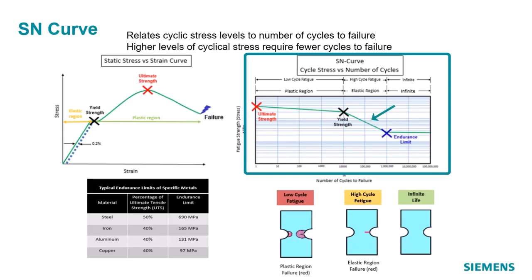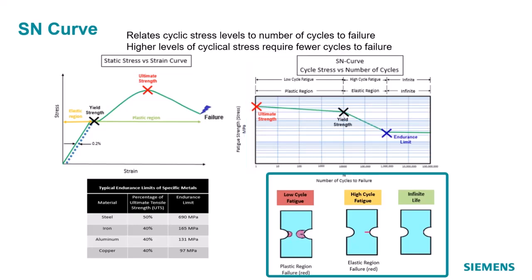And then there is a region called the elastic region. In this region, there is a slope for this line, and that area is commonly called the high cycle fatigue region. When the failure happens between more than 10,000 cycles but less than 1 million cycles, that is called high cycle fatigue in this elastic region. And then there is this area where the stress level goes beyond the yield strength. That is when it goes into the plastic region, and that is where it can have low cycle fatigue. It is important to know that infinite life, high cycle fatigue, and low cycle fatigue have different regions, and the mode of failure can be very different in these different areas.